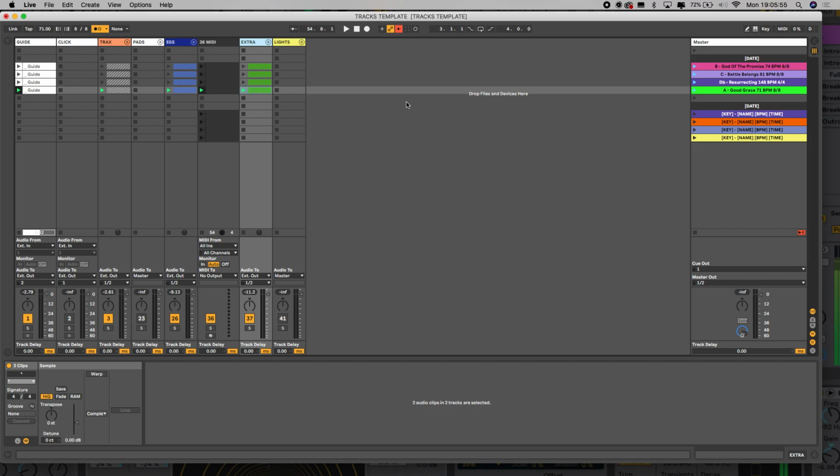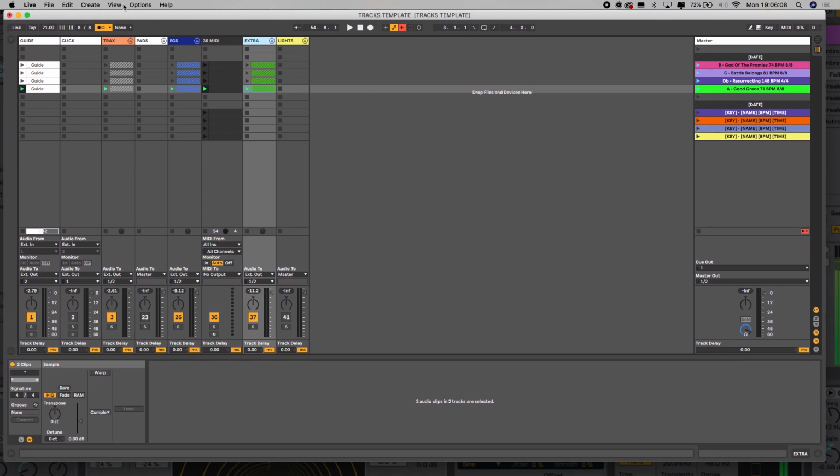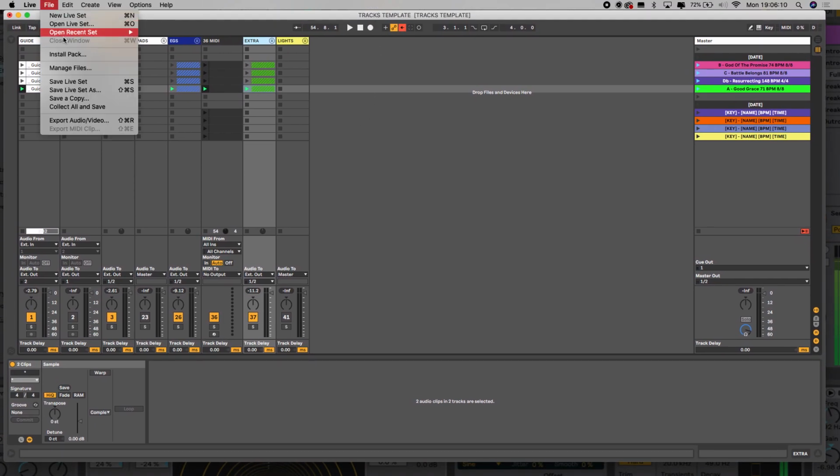If I didn't make any adjustments, I could just close it out and it's ready to go. But because I made adjustments, I have to make a mental note to switch those back to 3 and 4. The last thing you do, and then your tracks are completely done, is you go to File, Collect All and Save. What that's going to do is take all of your tracks that were in your folder, and collect it all and put it into one Ableton file